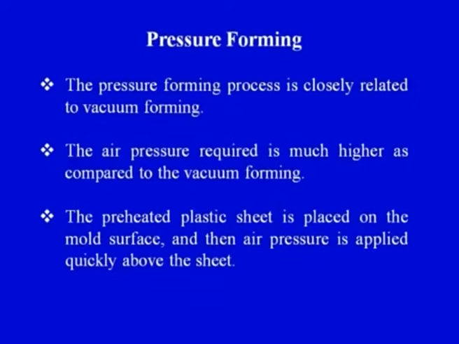So this is, we can say, a very simple representation of the vacuum forming process, in which the sheet is heated to a particular temperature where it softens and finally it is clamped to the mold. The vacuum is created, the vacuum applies a pressure on the sheet and the sheet conforms to the shape of the mold, and finally after the cooling of the product or the sheet, the final product is taken out from the mold. So this is, we can say, the basic process of vacuum forming, which falls under the category of thermoforming of plastics.